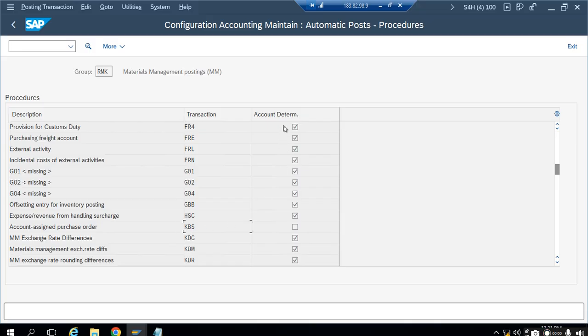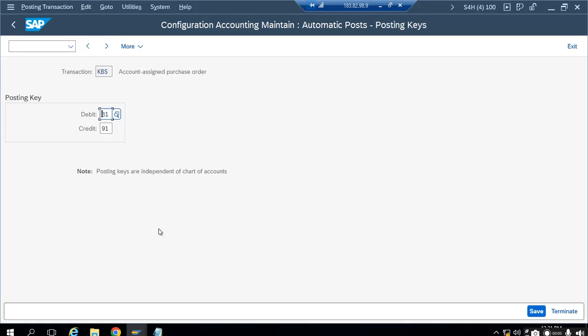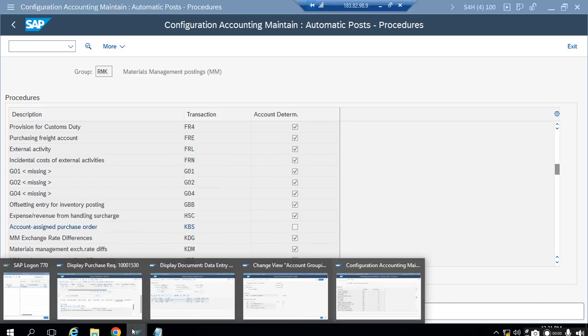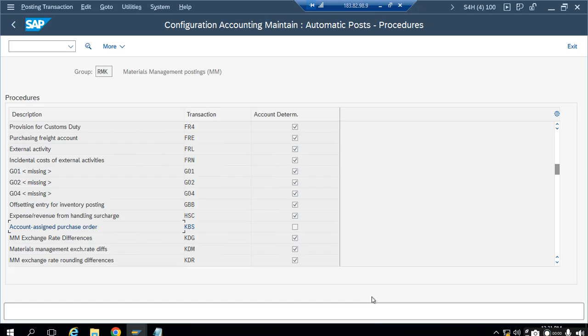here you can see the account determination checkbox is inactive. It means against this transaction key KBS, we don't maintain or map any GL account for this transaction key. And if you see the description, account assignment purchase order, it means whatever GL account is determined in the purchasing document, the system will consider that GL